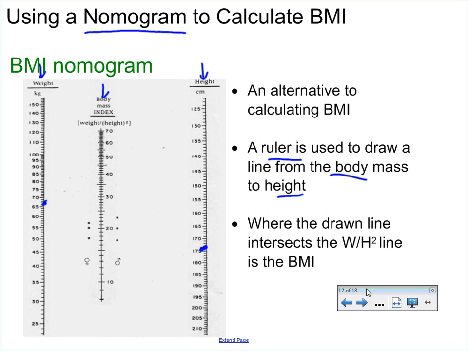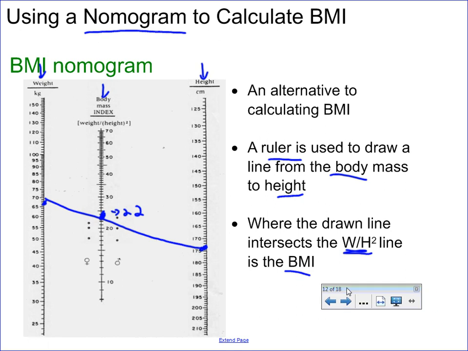175 centimeters, if we draw a line connecting those two, and I'll try to draw the straightest line I can possible. It's not a straight line. It serves the purpose to illustrate what we're trying to do here. Where that line intersects the weight per height squared line, so where it intersects that middle line, is the BMI score. So in this case, we would have a BMI score of 22, and this person would be considered in that healthy weight